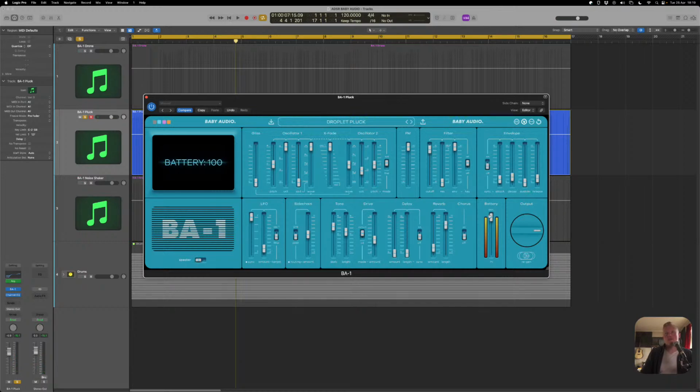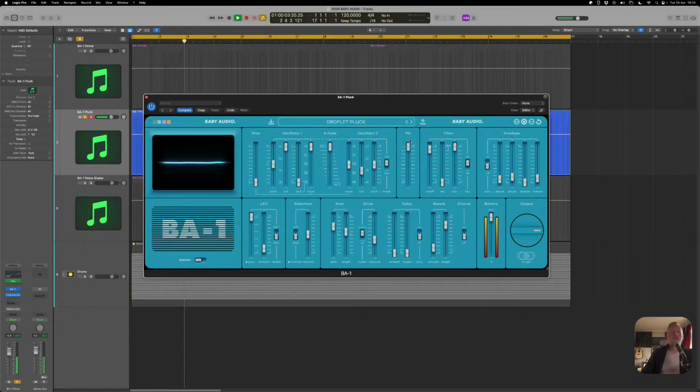And again, the same goes for the battery control or any of the other controls actually within the BA-1. So even just tweaking some very, very small parameters here will lead into very subtle but also quite significant changes to the actual sound itself. Now, I've also got the ability to add more reverb. I mean, we probably won't use the delay on this so much because it's quite a repetitive 16-note thing, so you'll probably start to get a bit of smearing in terms of the audio. However, we can play around with the FM,